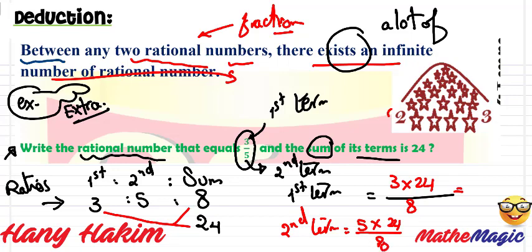The first one will be 9. The second one will be 15. So the fraction is, علشان كده الفراكشن اللي انا هكتبه واللي هو بنسميه rational number, this will be 9 over 15. The sum of these terms, 9 plus 15, this will be 24. And if you write 9 over 15 in your calculator,